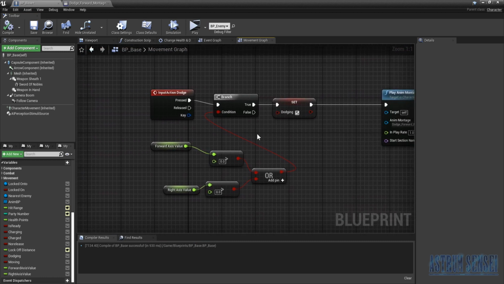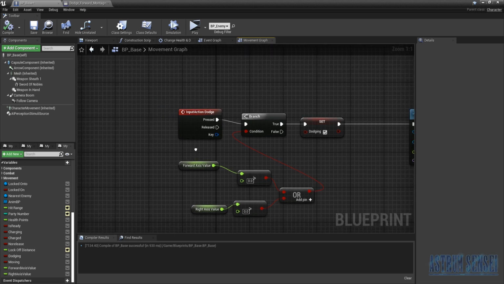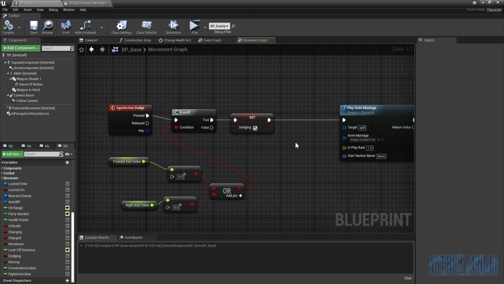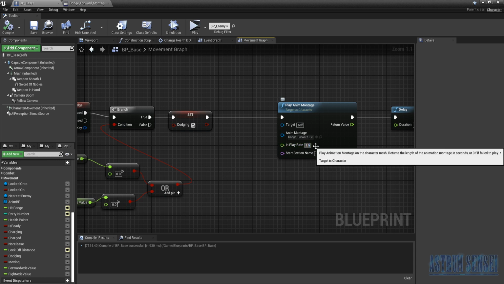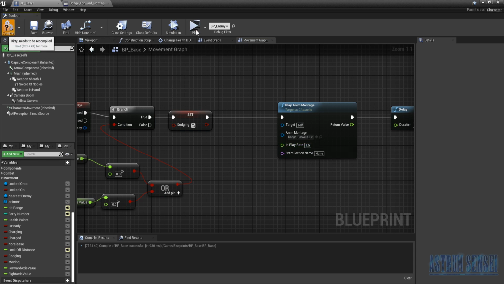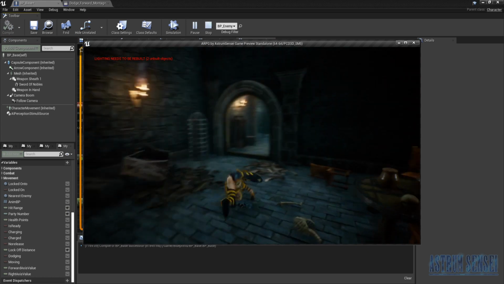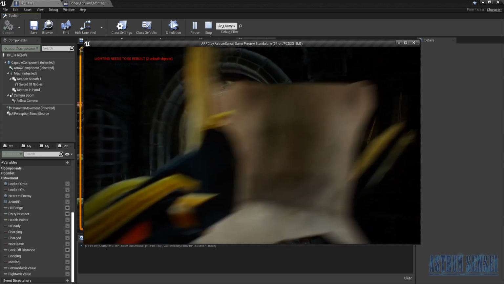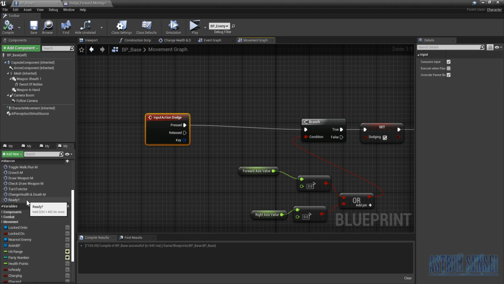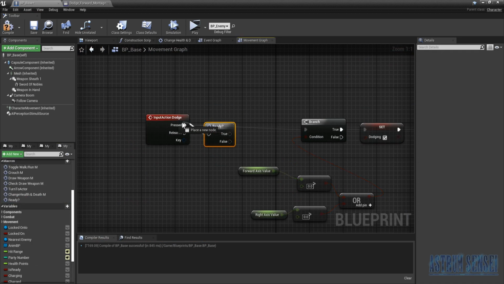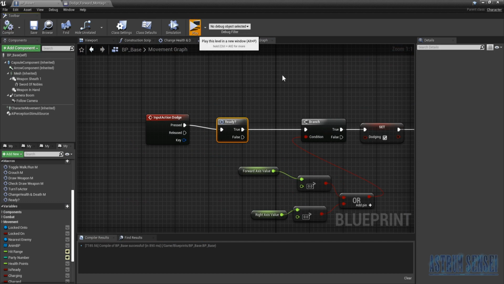There is one more thing we can change, and that is actually, let's just keep this like it is for now. And we also want to change the play rate to be 1.5 instead of 0. So if you take a look now, it looks a little bit smoother. We also have to add this is ready or just ready, and pressed true only if we are ready. So now we can dodge while attacking,